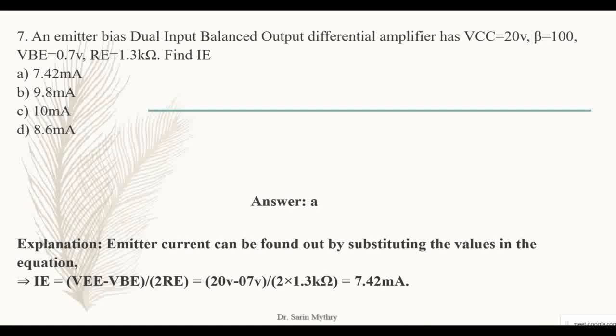Here now, the explanation. The emitter current can be found by substituting into the formula that we have studied for the emitter current. The emitter current formula is what? It is VEE